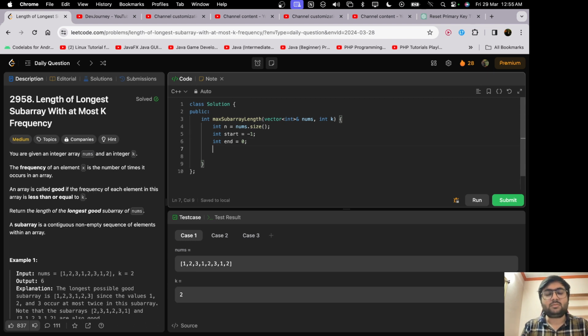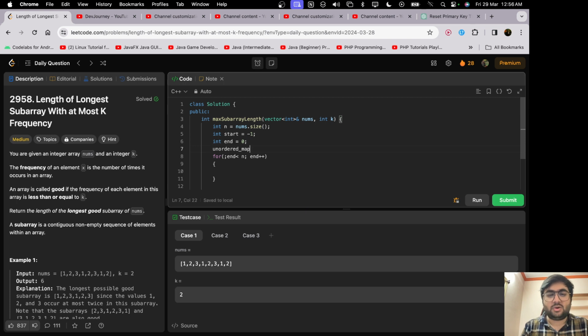Okay, now I have to start my end. As I have declared it already, I can just write this. I am doing n++. Okay, good. Now one thing which we forgot is to add the